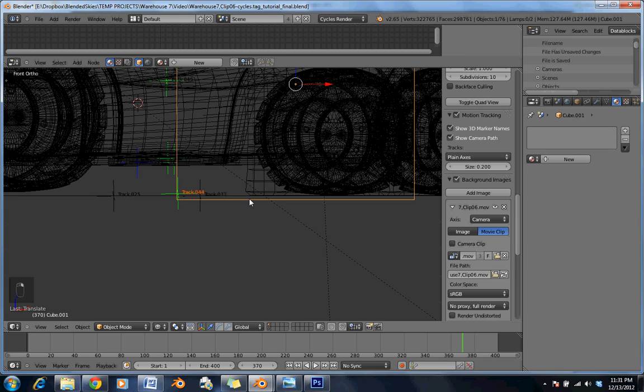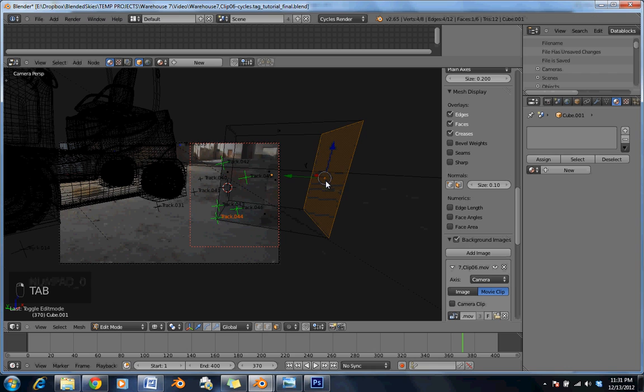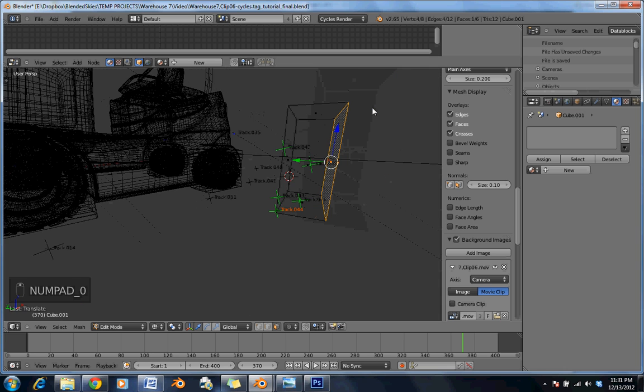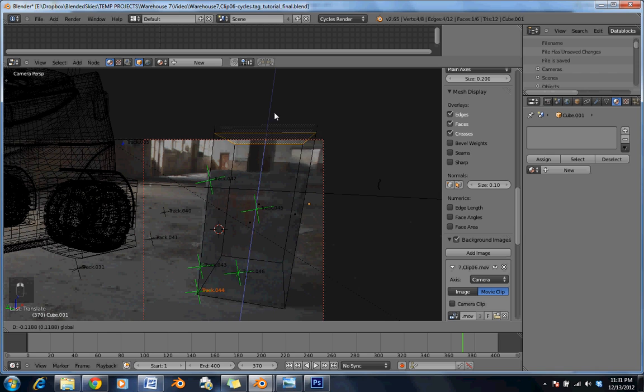So if it goes through the floor, not the end of the world. Okay, let's edit this cube so that it is roughly in proportion with the column. Every time I zoom I lose that. Roughly in proportion. So if we played out our video here,